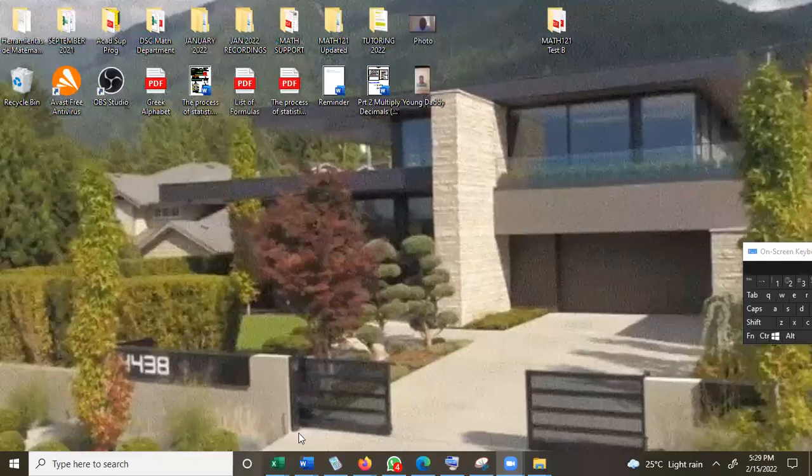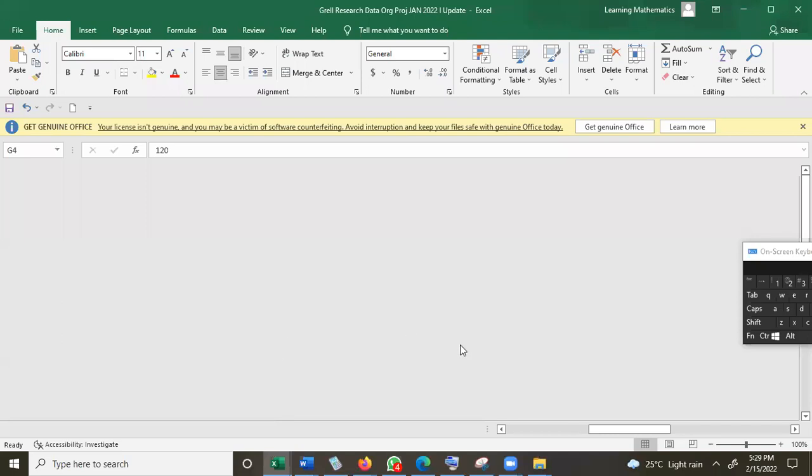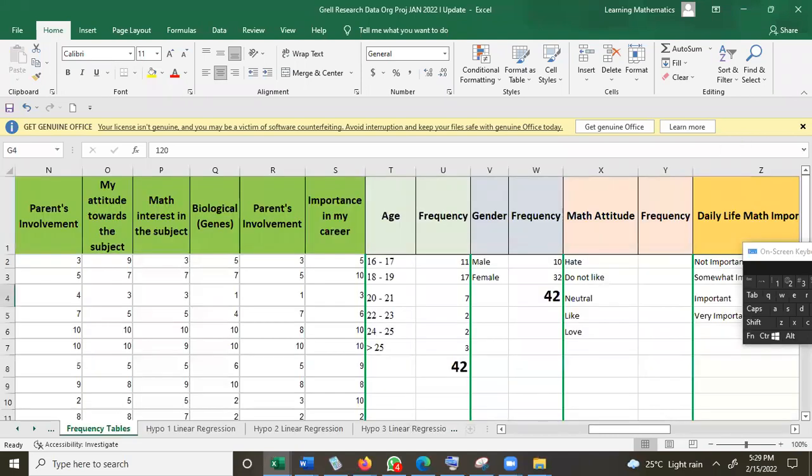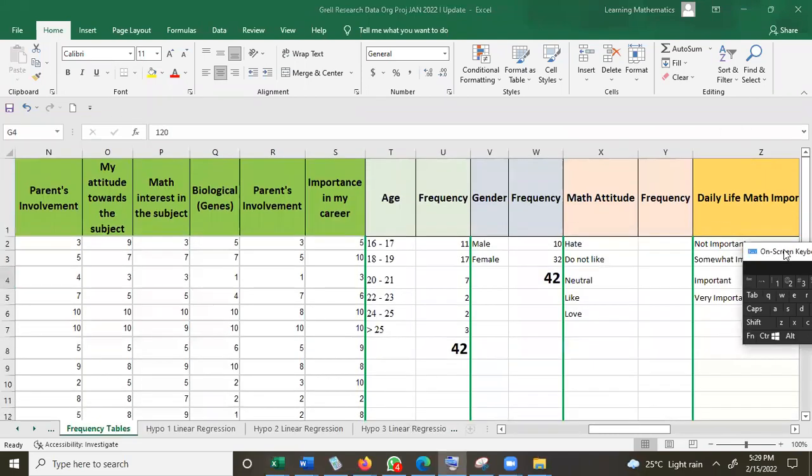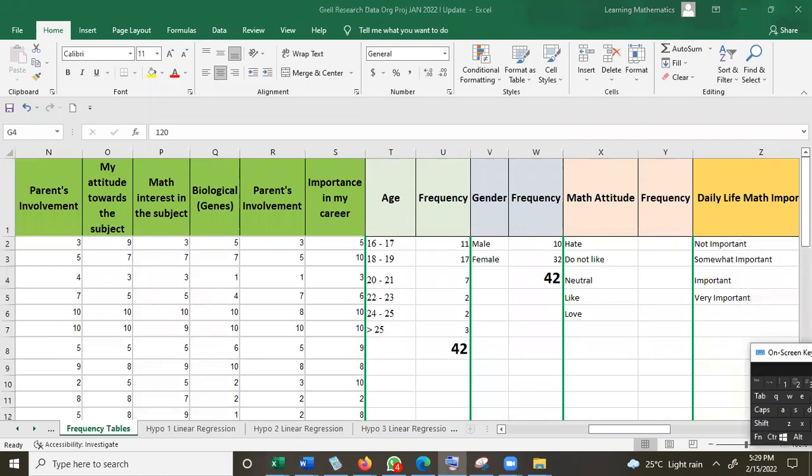With regards to the project, most of you, if not all of you, should by now be collecting most of your data. So the next move now is to complete those frequency tables. But before that, go to those three